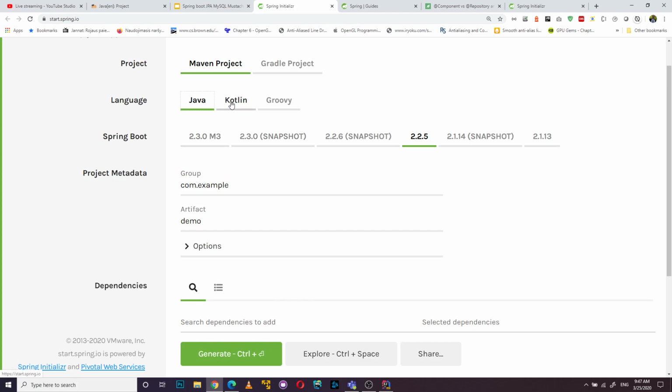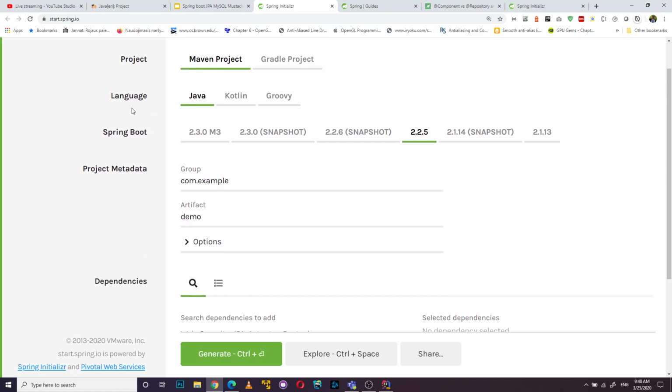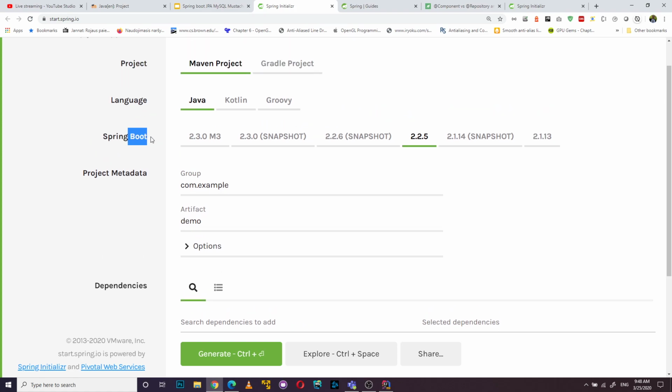Kotlin is also a new language for the Java Virtual Machine. It's also a great choice. But we use Java. And here you will find the versions of Spring Boot. And don't think that Spring is the same as Spring Boot. Spring Boot is a bit different and was created